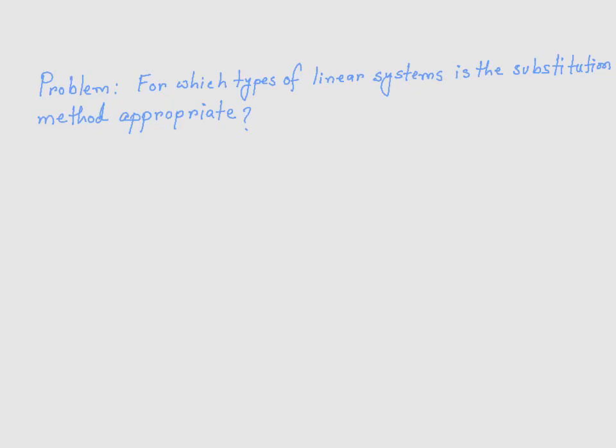In this video, I'm going to discuss when to use the substitution method to solve a system of linear equations. Here is an example. We have a linear system with two equations, 2x minus y is equal to 3, negative 5x plus 7y is equal to 9. This system is suitable for the substitution method,